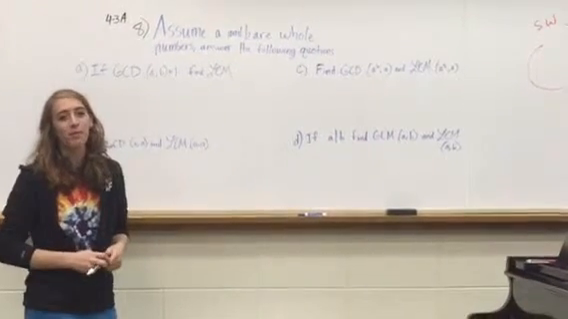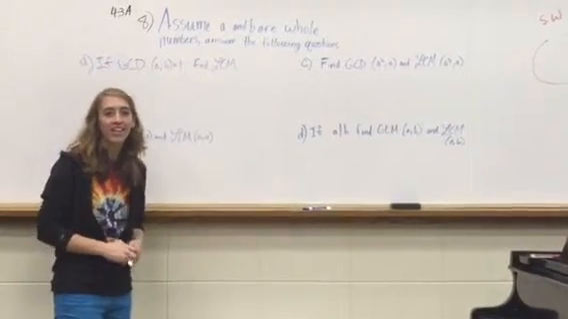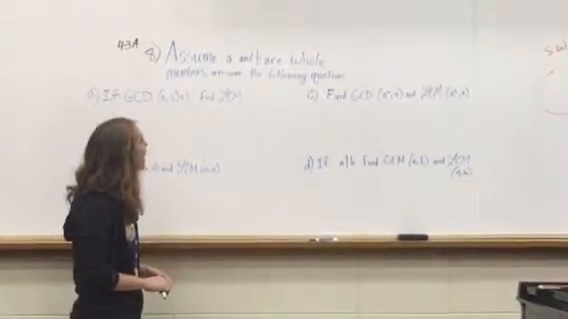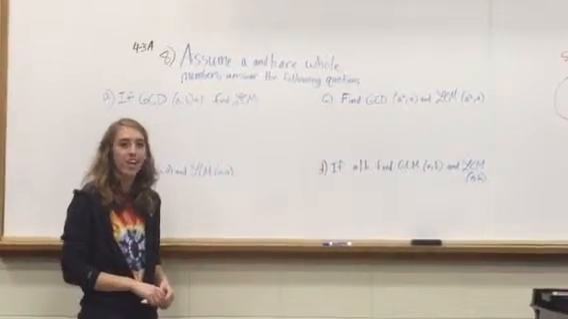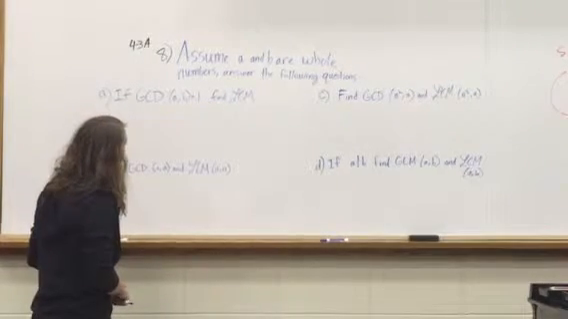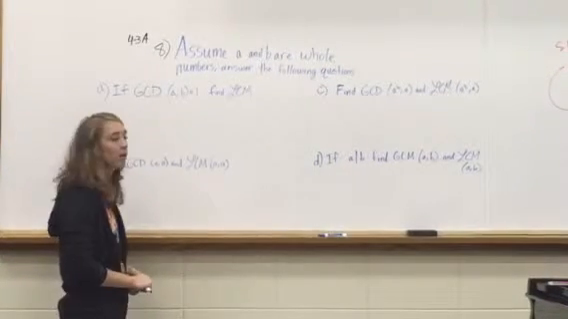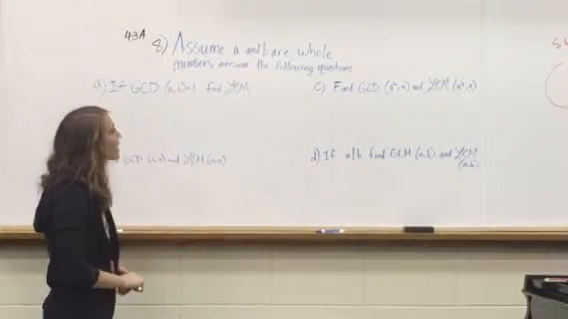Today we are going to do a problem from Chapter 4, Section 3A, number 8, and it reads as follows. Assume A and B are whole numbers, and then we have to answer the following question. So let's start with A. A says if the greatest common divisor of A and B equals 1, then we need to find the least common